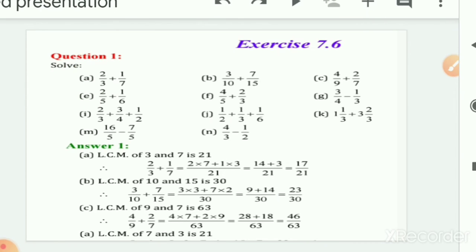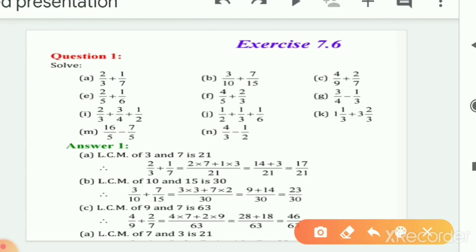Right? So in this way we have completed exercise 7.5. Now we are going to start the last exercise of this chapter, that is 7.6. In this, it is simply given that you have to do the LCM, that is the lowest common multiple, solve the query and write the answer. So we have the first problem here, question number 1.